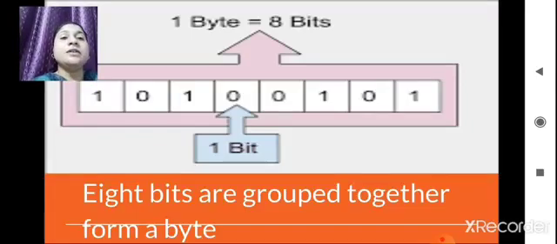And when we make a group of these 1s and 0s, it will come to 8 bits, okay? See here in the image, you can see how many numbers are there. 1 2 3 4 5 6 7 8, okay? So 1 0 1 0 form a group together. How many will it come? 8 bits. 8 bits are grouped together, so it will become a byte, okay? Getting? What is bit, what is byte? Yes, okay.